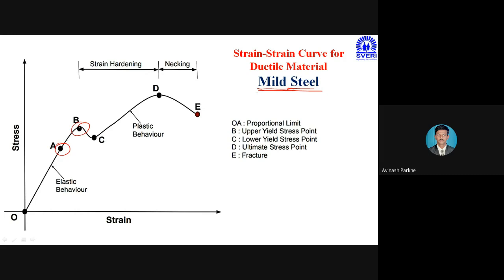In yesterday's figure, a total of 6 points are there. But in today's figure, only 5 points are there, because this point A represents the proportional limit point as well as the elastic limit point. Therefore, 1 point is less as compared to yesterday's figure. But here, as we know, this portion OA represents Hooke's law.